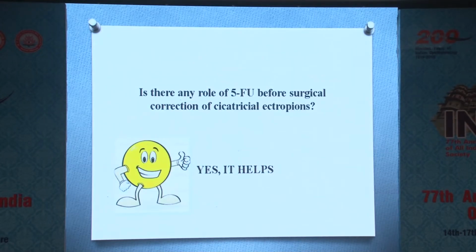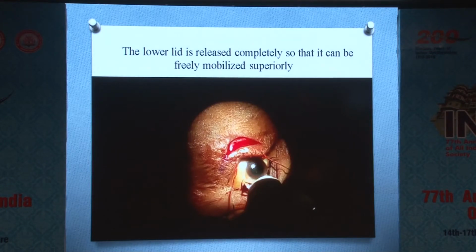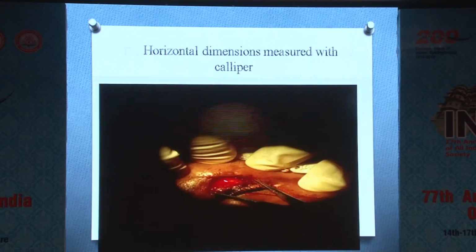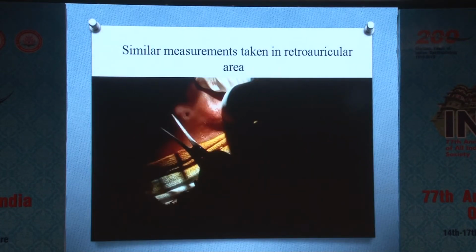Is there any role of 5-FU before surgical correction of cicatricial ectropions? Yes, it definitely helps. I'll just show you a few pictures of cicatricial ectropion which we have dealt with after giving 5-FU injections. The traction sutures are released and a semilunar incision is given over the scarred area. The vertical and horizontal dimensions of the dissected area are measured. Similar measurements are taken, 1 to 2 millimeters more than what we have measured over the wound area, in the